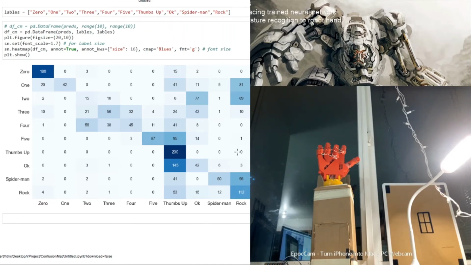Whenever rock is shown, it is detected as probably 1, 2, or 3, or even Spider-Man. So there are huge errors in detection. My next step is to do a two-step detection.